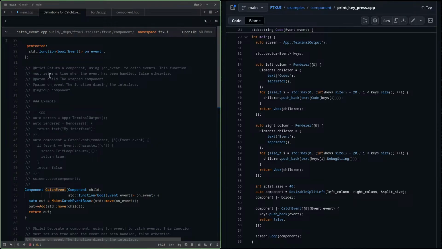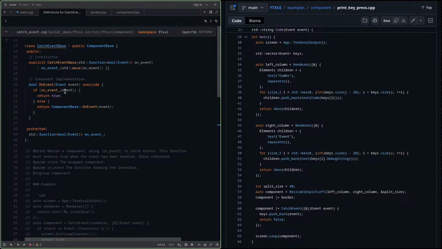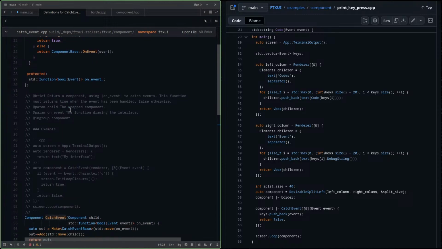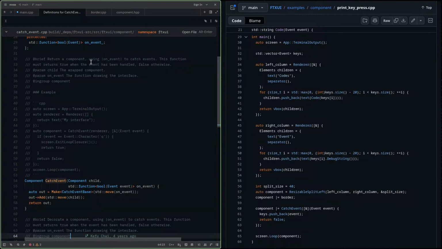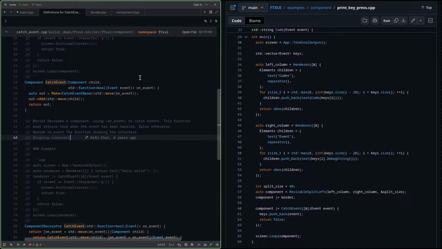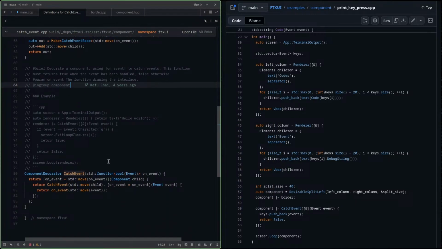Okay. Now let's see. Do we have something above as well? On event. These are something on event. We don't need these things. So return a component using on event, using on event to catch event. This function must return true when the event has been handled, false otherwise. Child, the wrap component. So we are not going to wrap any component here. Instead,